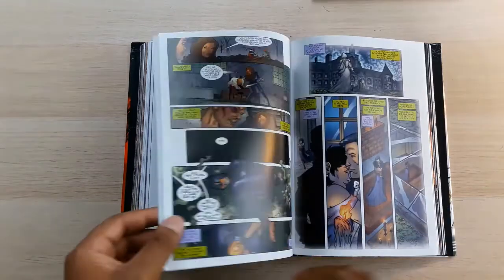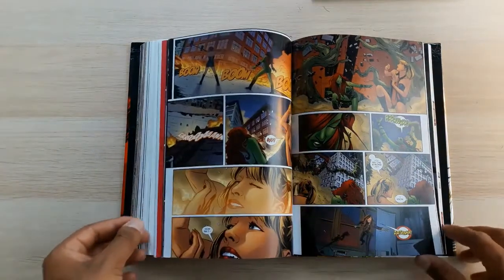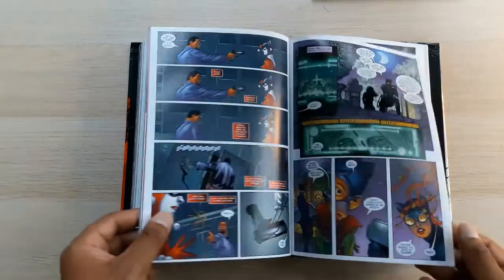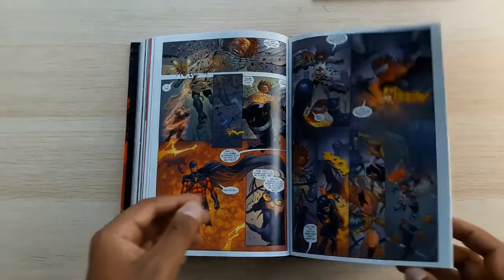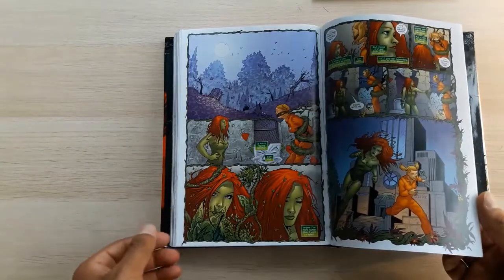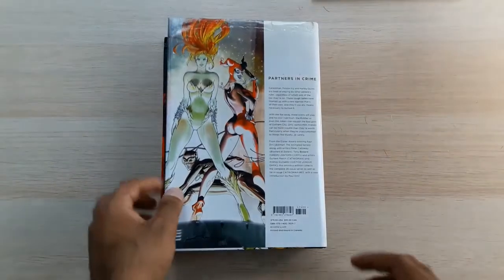So I've been looking for it a while actually, and a friend of mine picked it up for me off eBay. They got it at a reasonably decent price, but what they got was a slightly damaged copy, because that was the only way they could get anything even vaguely affordable. Otherwise, this would easily be in the triple figures and about double or triple retail in terms of cost. So, looking at it here,